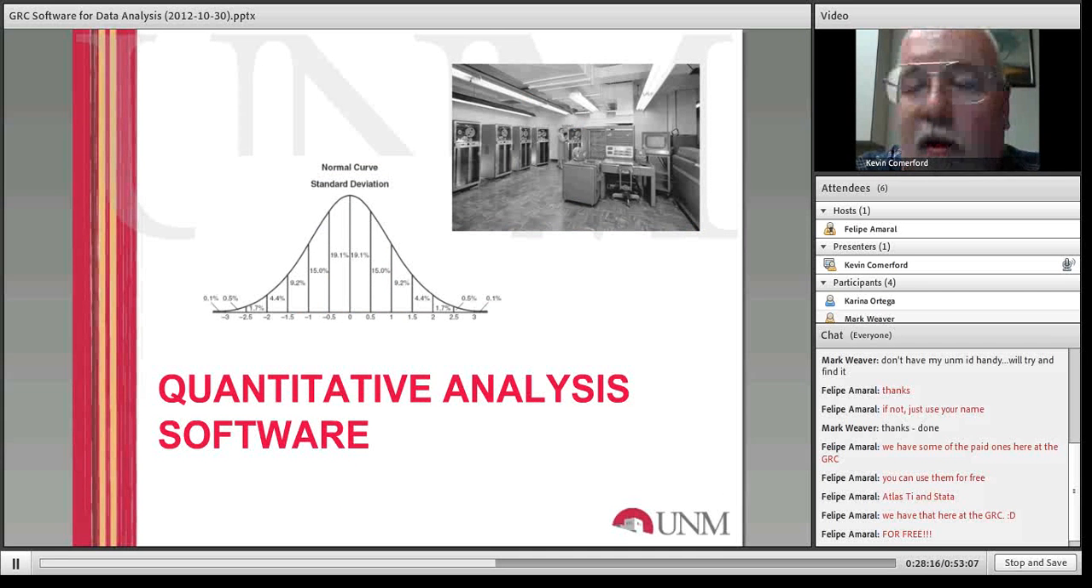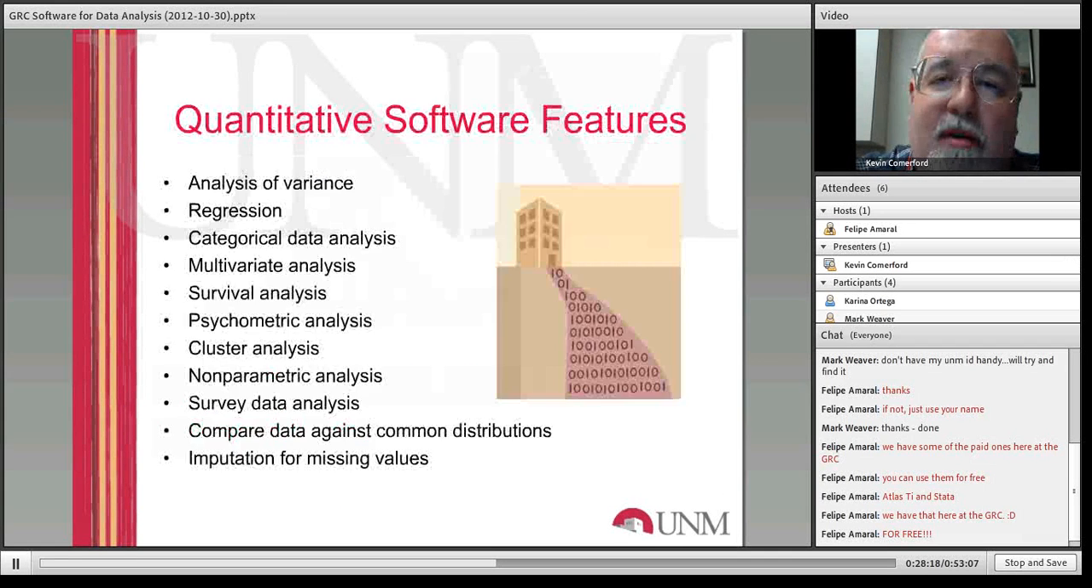So let's move on and look at some quantitative analysis software packages. The kinds of feature set that you want in a quantitative analysis package include mathematical functions and statistical functions, including the ability to do regression analysis, multivariate analysis,